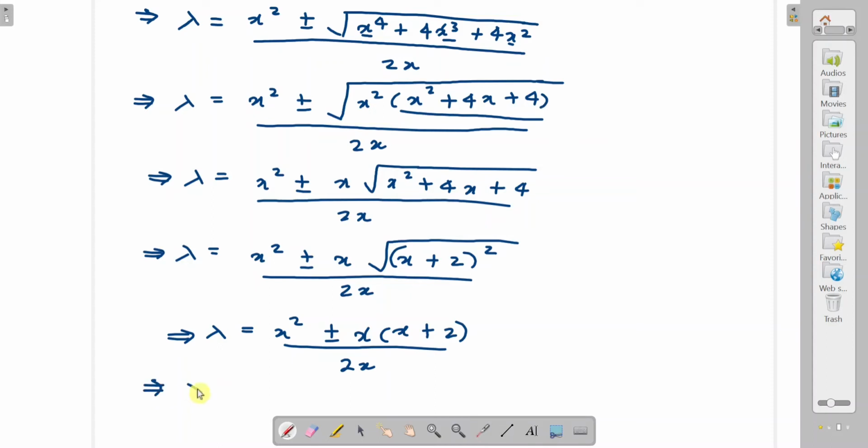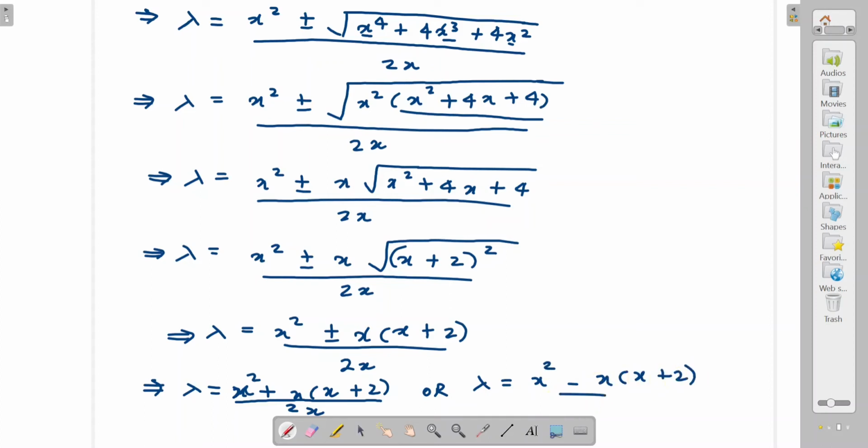So lambda will be equal to x square plus x multiplied by x plus 2 divided by 2x, or lambda will be equal to x square minus x multiplied by x plus 2 divided by 2x, right, because plus or minus was there, we can write it like this. So now what we will get,